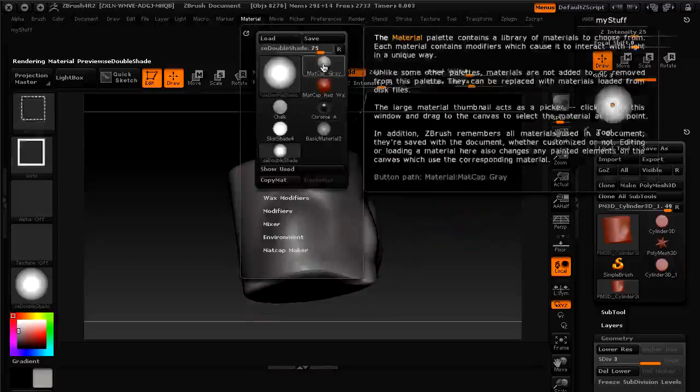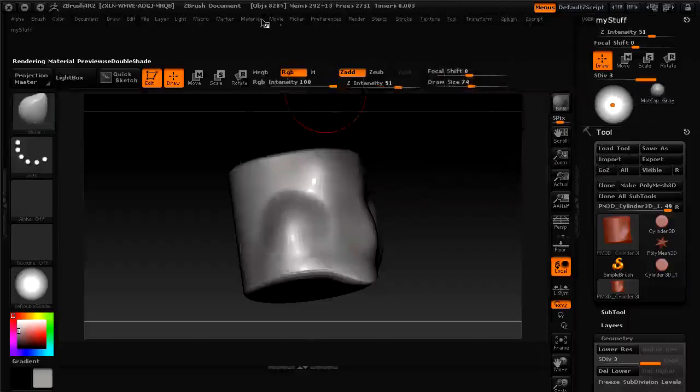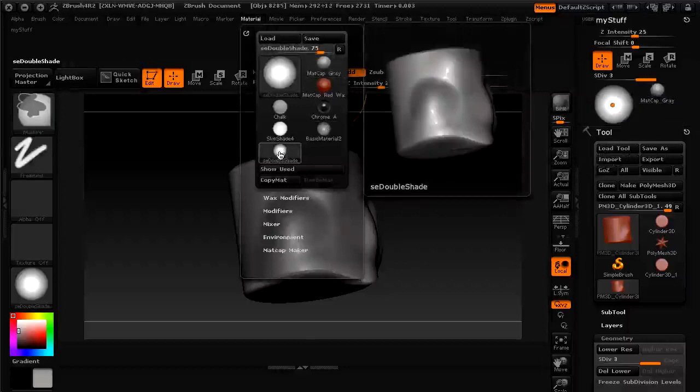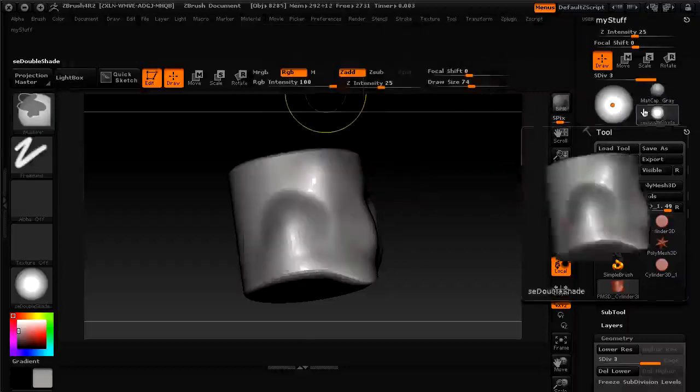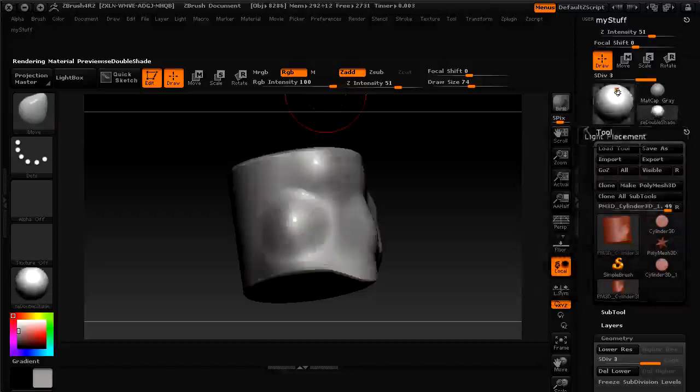All this depends on taste, but I like to use matte cap gray, and I like to use this material that I've made myself, which is a customization of the double shade material, right? So it reacts to the lights. Okay, and that's that. And then kind of in the last layer, I put some brush modifiers, some things out